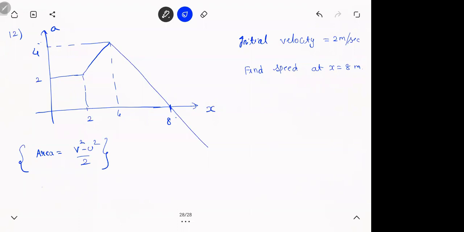Get this thing. You just need to find the area and substitute. Get it? I'll give a minute. Finish off. It is easy. First, you need to find the area under that weird shape. Wo jo triangle, rectangle thing, you need to find that area first. Then it is simply (v square minus u square) by 2.